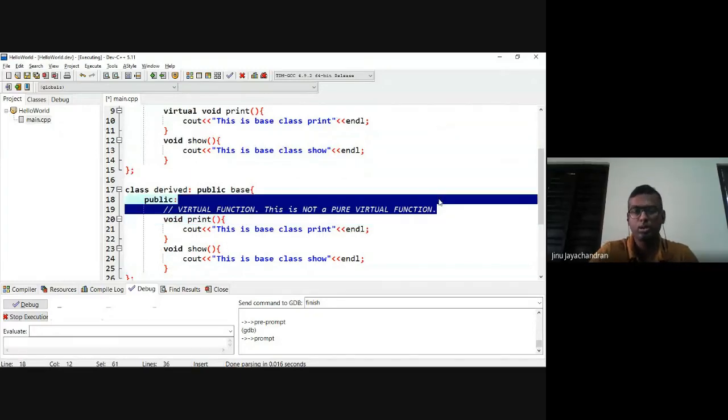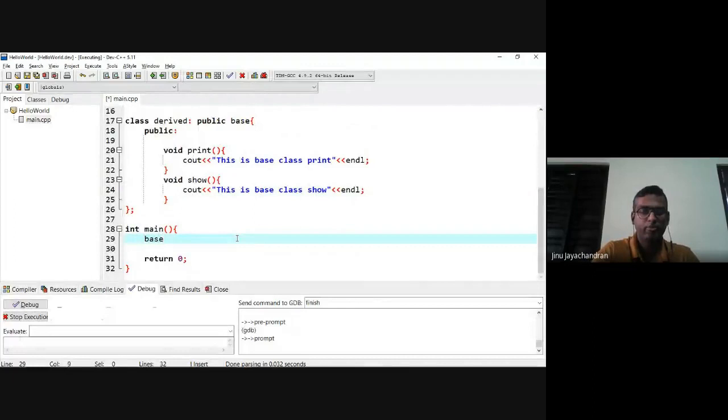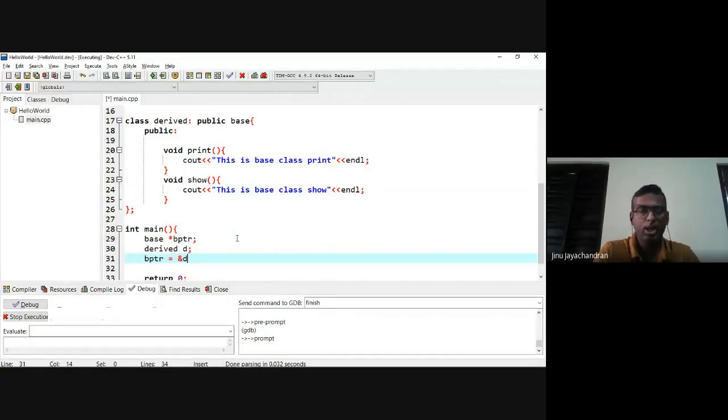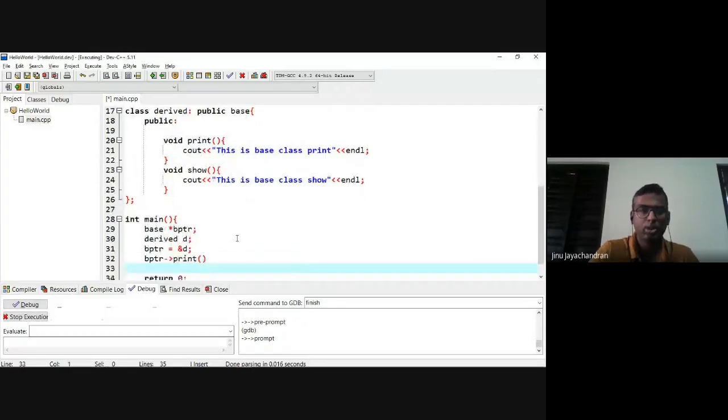And inside the main function, I'm going to create a base pointer, base star bptr, and a derived class object d, and I am assigning the base pointer with the address of the derived class, and I am going to call bptr arrow print, and I'm also going to call bptr arrow show. Okay, so let's compile this.